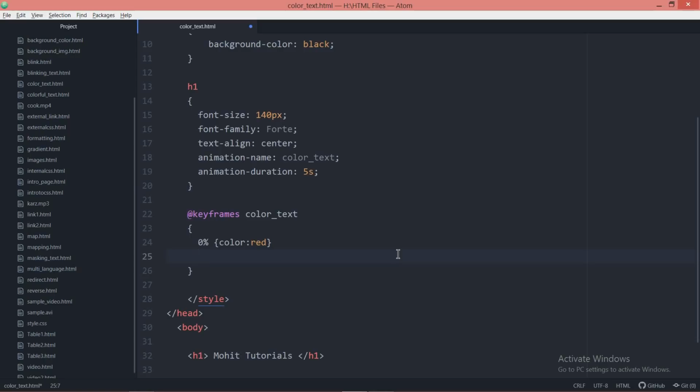In between 0 to 100%, you can make a sequence of many percentages, like 0%, 10%, 20%, 30%, or with a gap of 20%, maybe 0%, 20%, 40% as per the requirement.